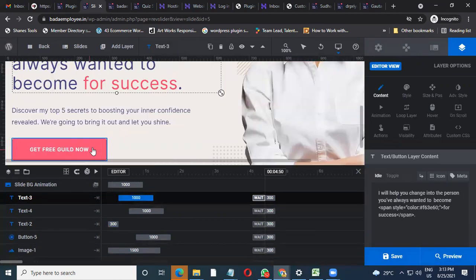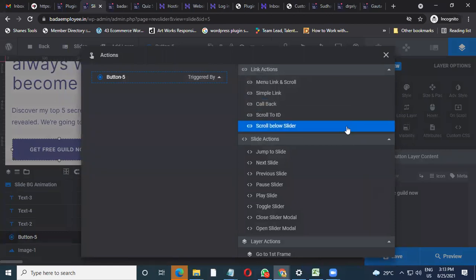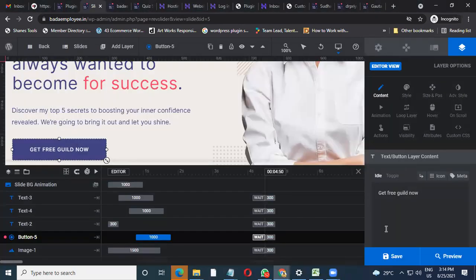Okay, this is a button wherein you can always give a hyperlink to this particular button by clicking on the button and then clicking on action. So action is where we are creating a link, and we are putting it up. So use a simple link option. Once you click on simple link option, you would be able to enter the link over here, whatever link you are trying to link with the button. My suggestion is use it for your landing pages, so it becomes easier for people to click on this link and go to your sales landing page. And I'll tell you about the sales landing page also. Once you have done over here, just click cancel and save this option.